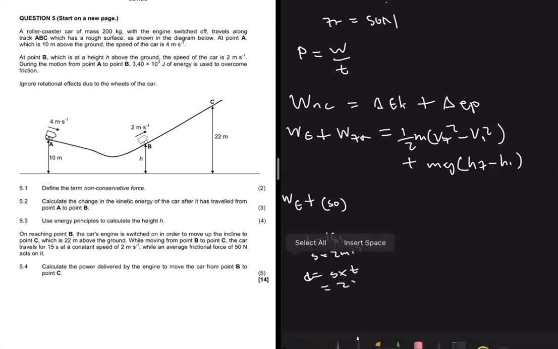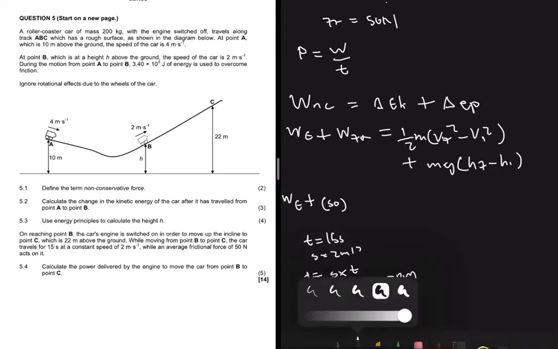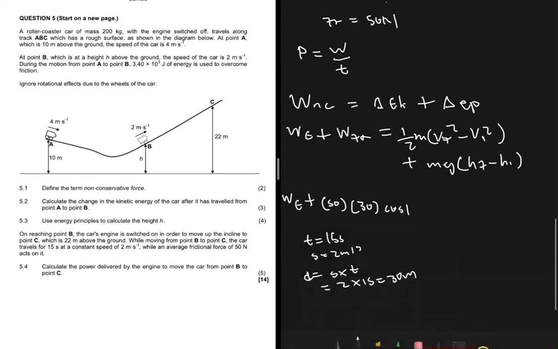So we're going to have 2 multiplied by 15, which equals 30 meters. So that's what we're going to put in there. So we're going to have 30 meters, cos of 180, that's always the angle for friction, equals